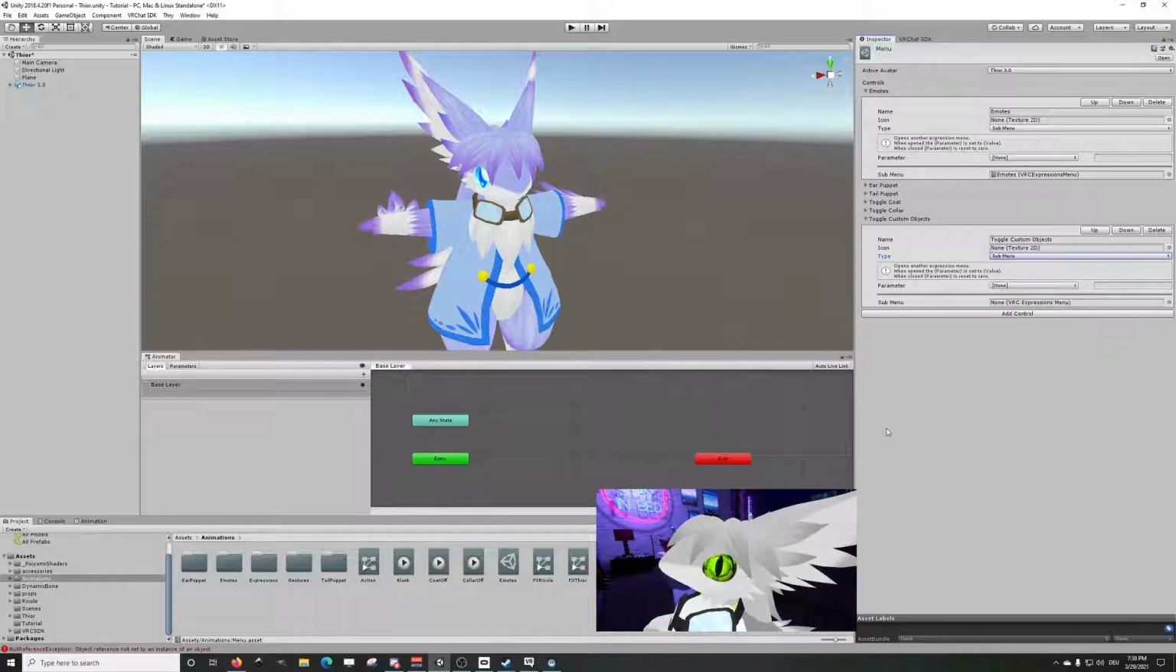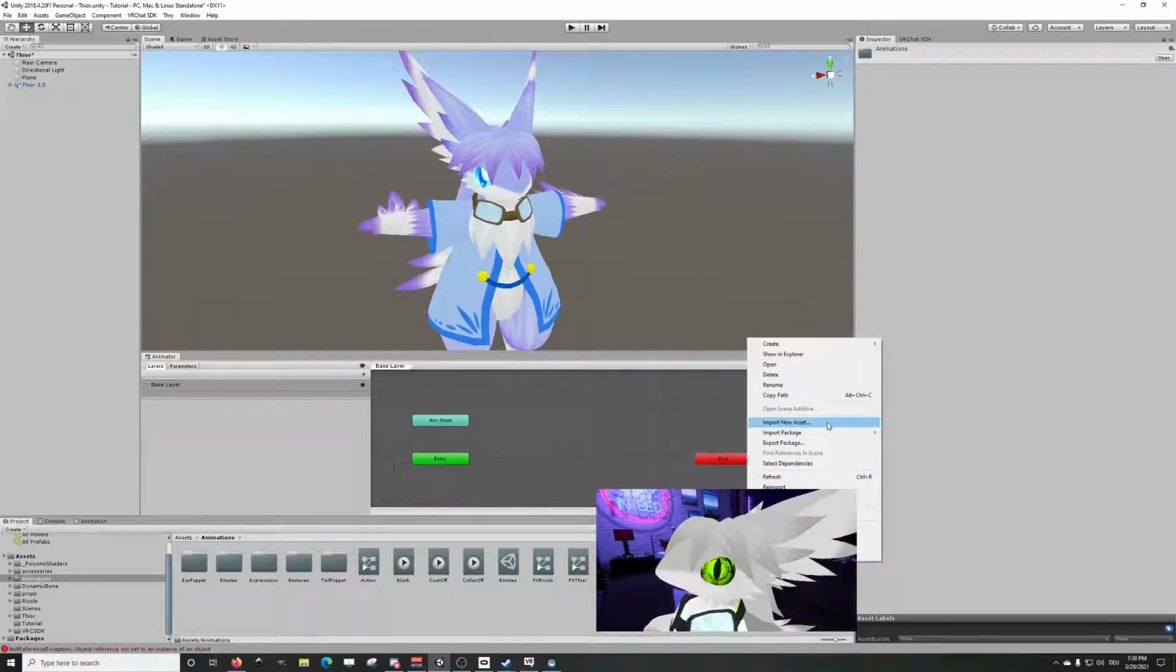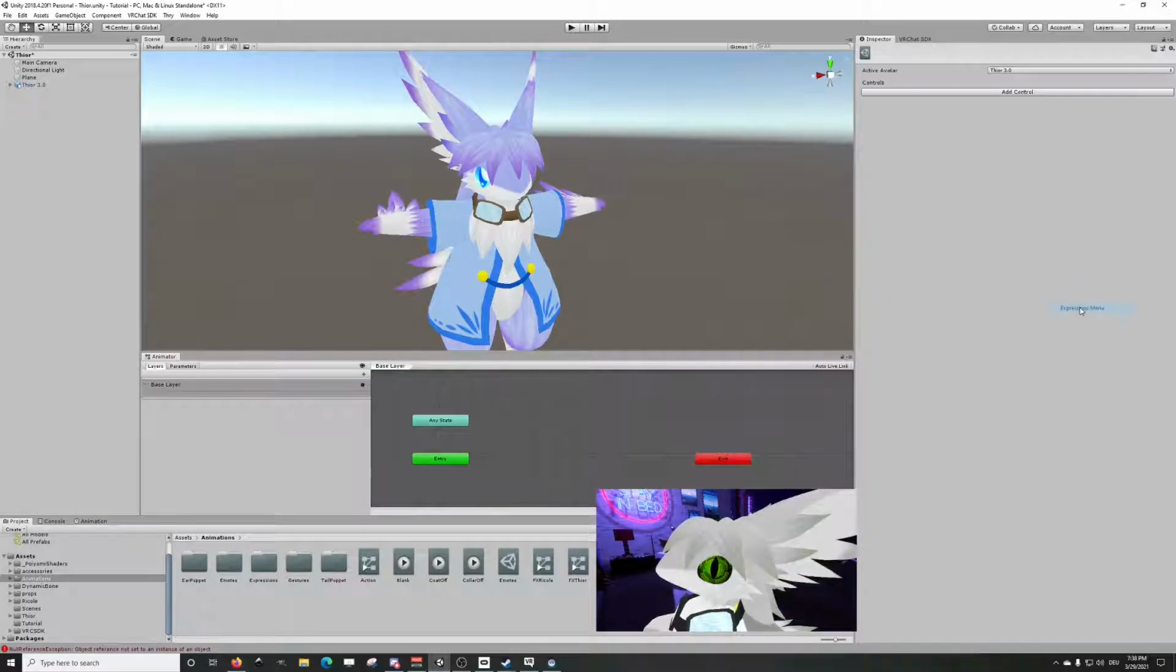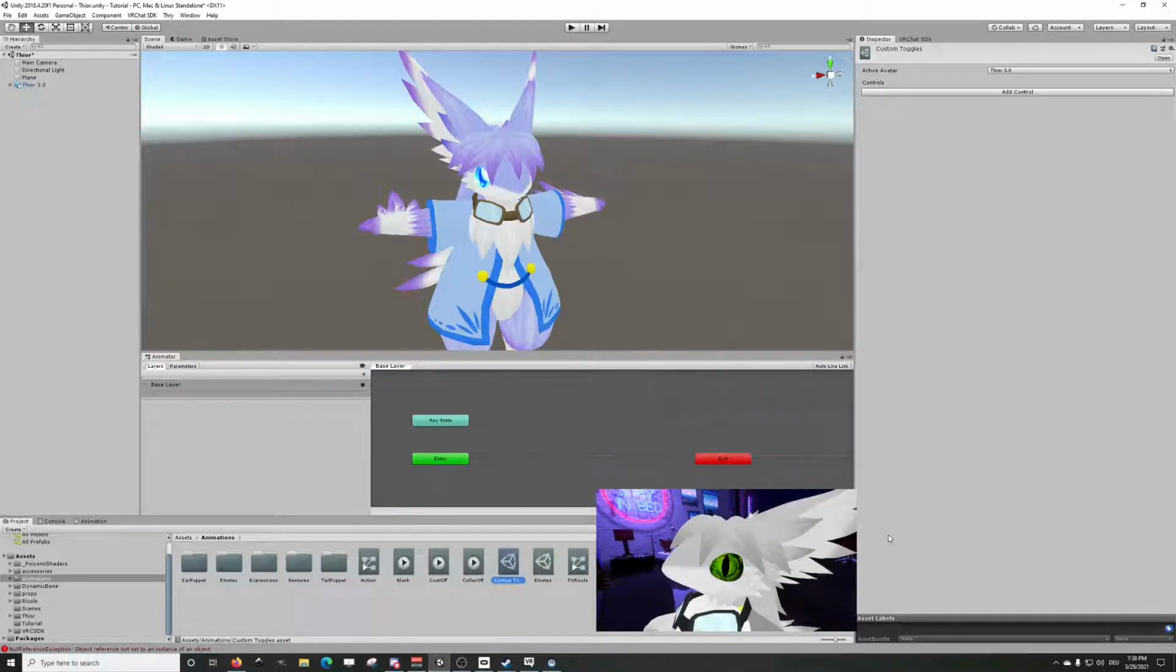And now we actually have to create, and let's just do it here. Create VRChat avatars expressions menu and call it custom, or just call it custom toggles. And in custom toggles we will put